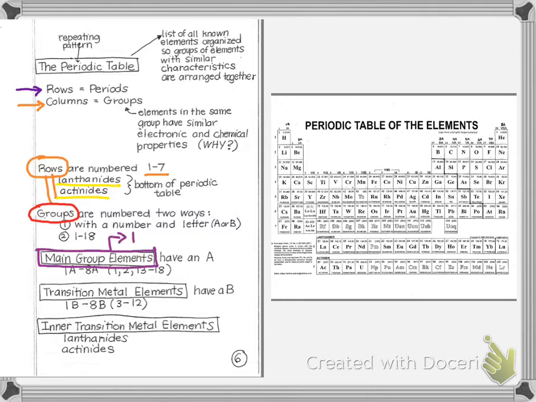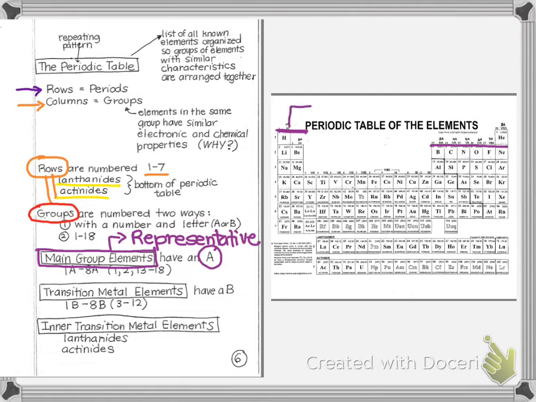Sometimes, and I may do it in this class as well, they're also called the representative elements. A lot of things we do in this class will be working with the main group elements. So the main group elements have the letter A. Main group elements are going to be in these first two groups. Here they have 1A and 2A. If you notice, and again it's hard to see, you can go look at another periodic table that's bigger, those all have B's, and these all have A's.